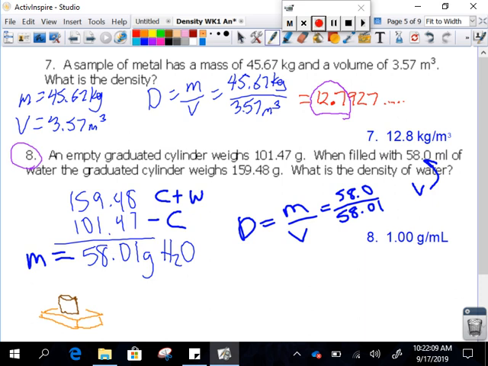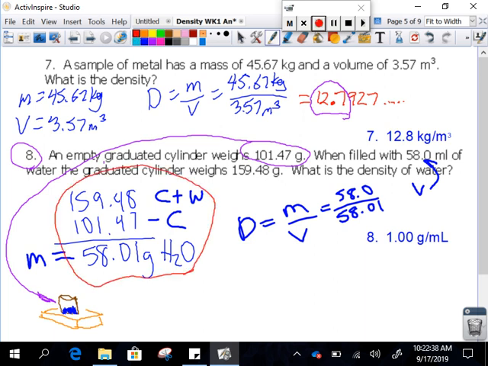Number 8 throws some people off. The empty graduated cylinder has, and this is its mass. We have this empty graduated cylinder here, and it has a mass of 101.47. Then it is filled with 58 milliliters of water, and now it has a new mass. Well, that's because when they put the water in there, its mass will have increased. So if we subtract the 2 values from each other, like I did here, you'll find the mass of the water,